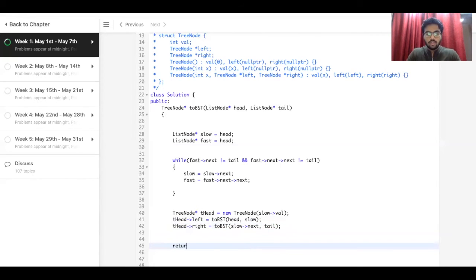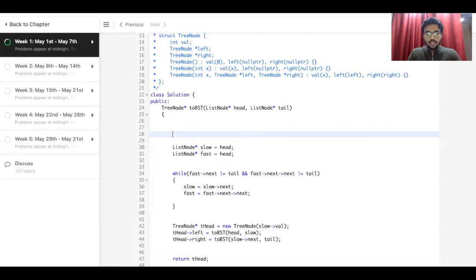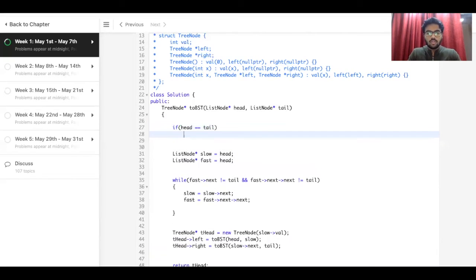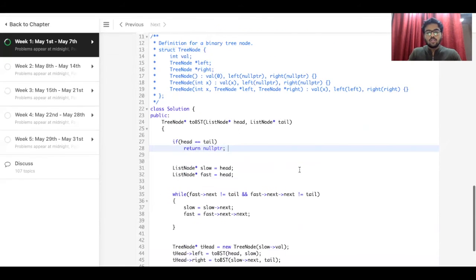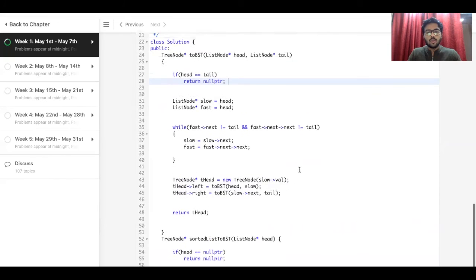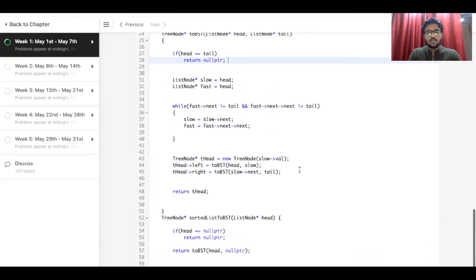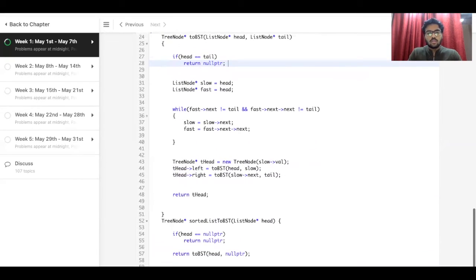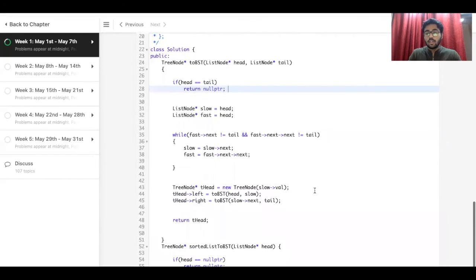And then we simply return T head, which is the tree node root of the tree. Now let's write the base condition that if head is equal to tail pointer, then we return the null pointer. This will basically solve the problem of converting a linked list into a tree.